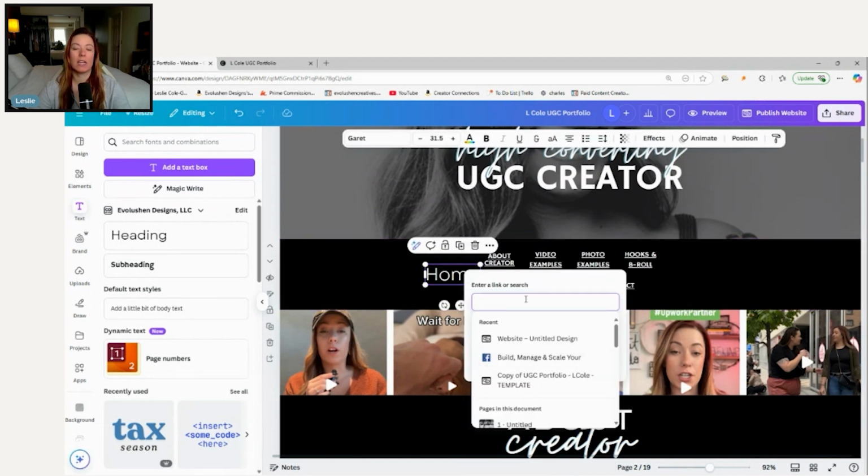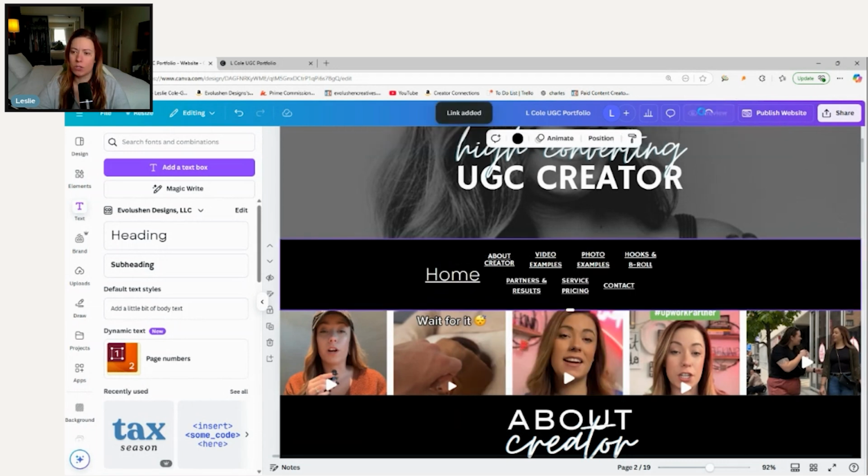Once you do that, you can either add a link. Let's say you have somewhere else you want them to go. You can obviously put that link in there. Or if you want to send them to a specific page on your actual website, all you have to do is scroll down and figure out where you want them to go. So in this particular case, let's just say I want them to go here. And if I were to do preview,